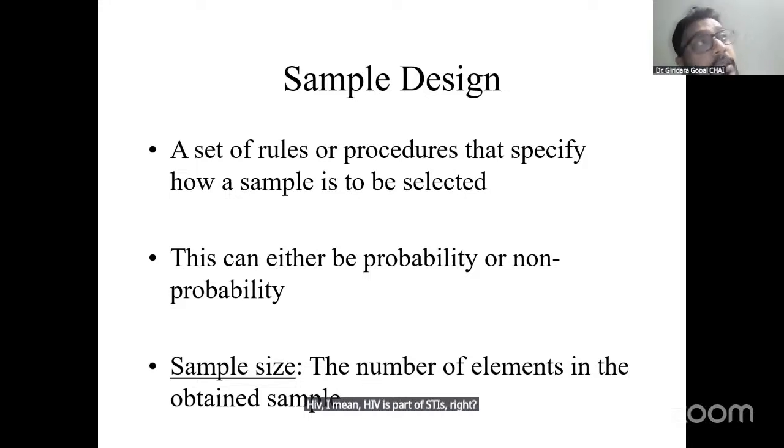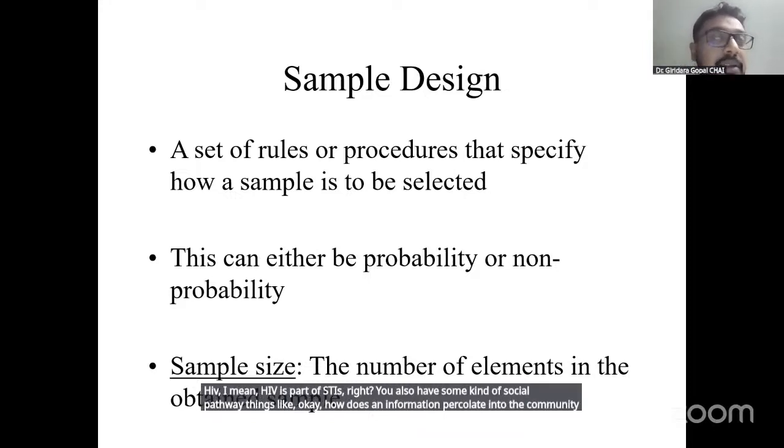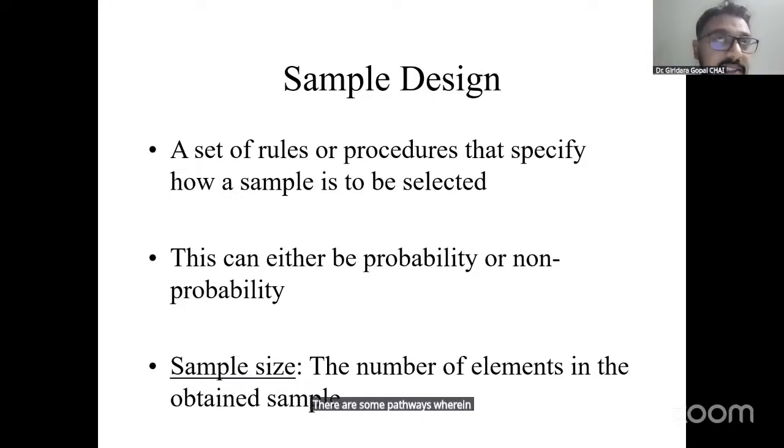You also have some kind of social pathway things like, okay, how does information percolate into the community? Something that is wrong, right? People are always having good information and bad information, but then there are some pathways wherein bad information reaches. When you do research, you have to go through non-probability at times, wherein when you speak to one individual,